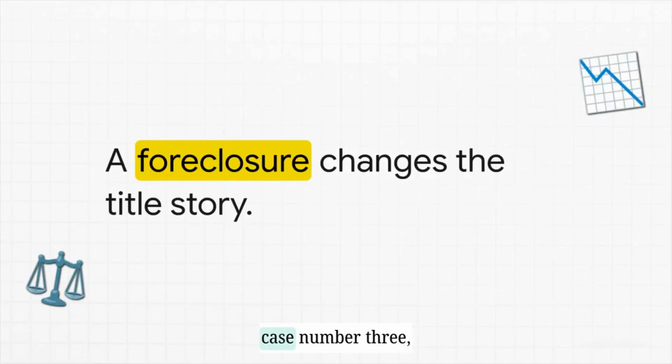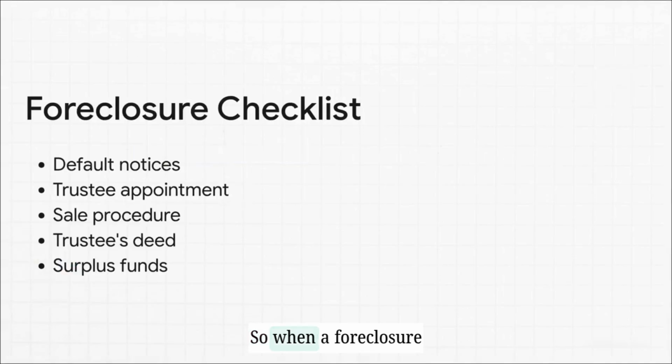Finally, we have investigation case number 3, foreclosures. Now, a foreclosure deed requires its very own specialized deep dive review. Why? Because a foreclosure never ever happens in isolation. It forcibly changes the title story, and we have to be absolutely certain that the legal process behind it was flawless. So, when a foreclosure pops up in your chain, you have to run a rigorous checklist. Did the foreclosing party actually hold the security interest? Were the proper default notices sent out? Were all the state-mandated sale procedures followed to the letter, right down to the legal appointment of the trustee? Every single one of these elements must be verified to ensure the resulting foreclosure deed is actually valid.